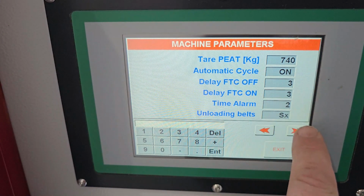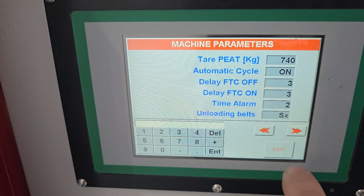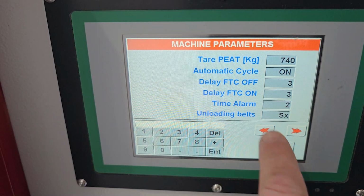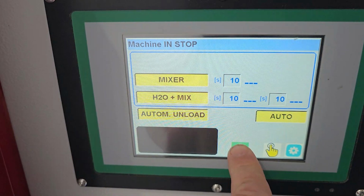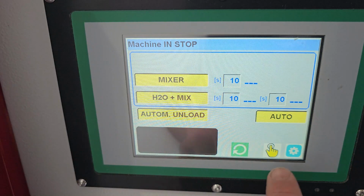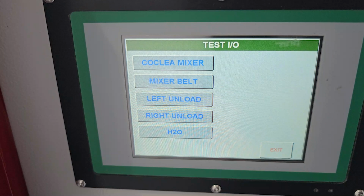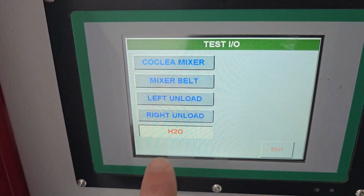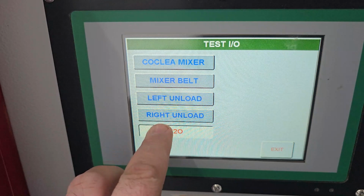basically the background settings. This is not so much of a concern to you, as it's more or less for technician controls. This button here is another reset cycle button, and then we've got that there, which is basically some more test buttons for the technician. So basically these buttons here can test the functions of the machine. So that there is turning on the solenoid